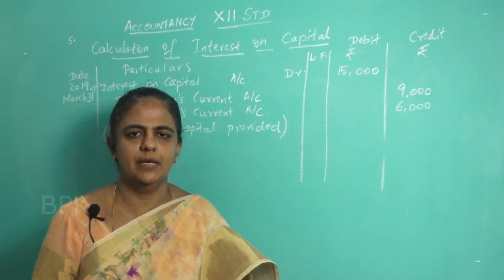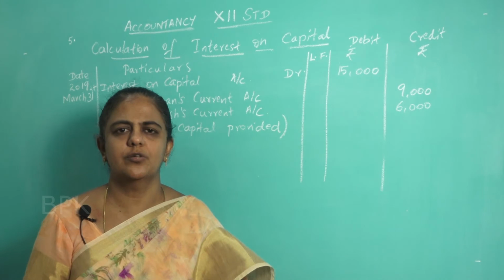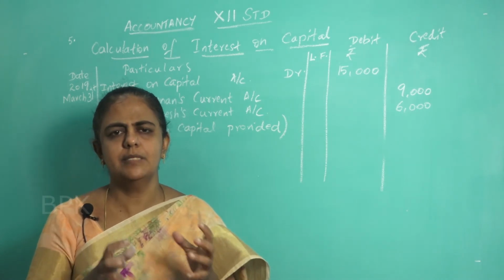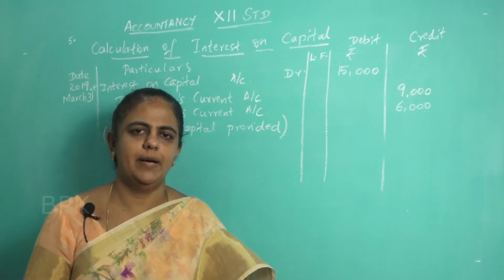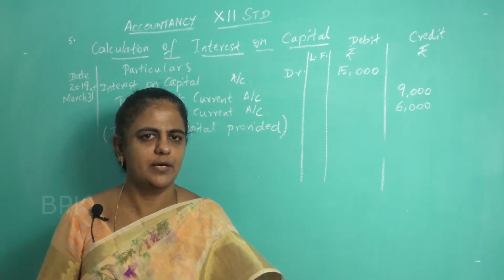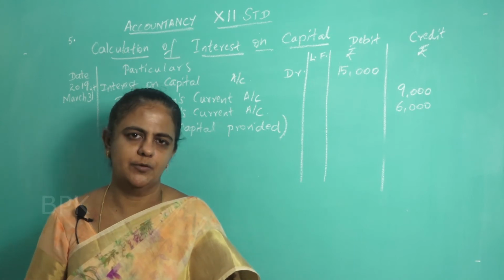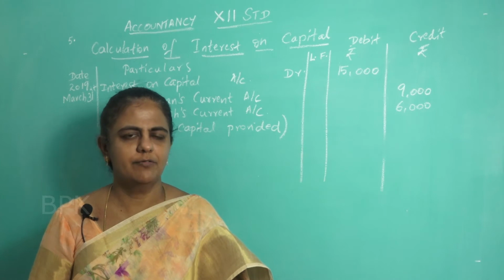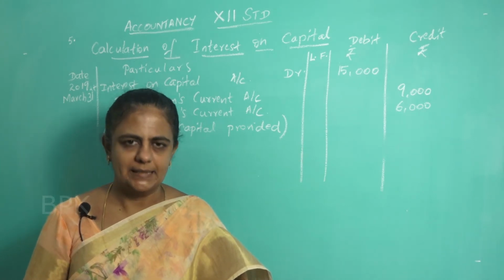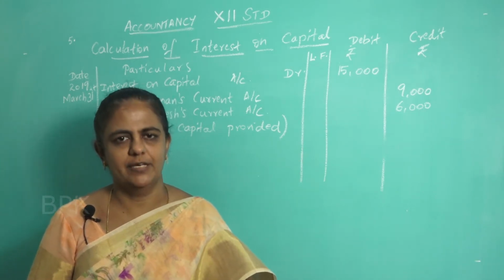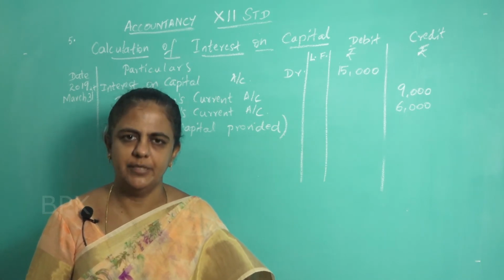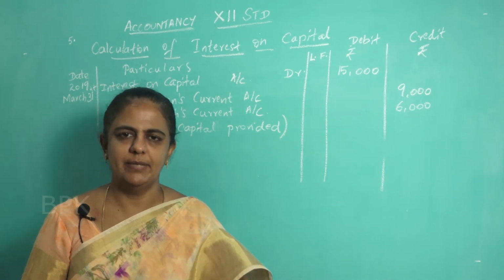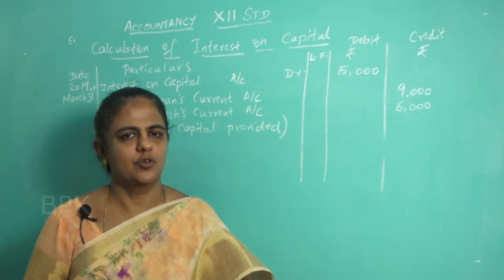This interest on capital should be transferred to the profit and loss appropriation account also. Now what is this profit and loss appropriation? It looks just like how we prepare the final accounts, the profit and loss account of sole trading, the same thing for partnership also. But here we first find out the trading profit or the net profit, then we do all the adjustments, then again we share the profit. That is called the profit and loss appropriation account. So in this appropriation account, on the debit side we are writing interest on capital.